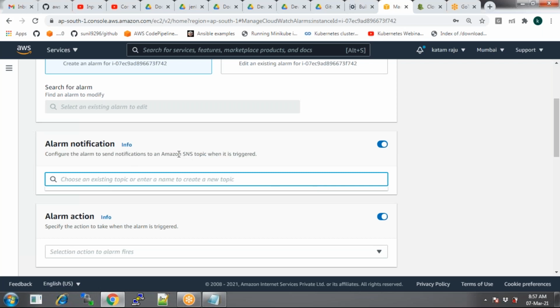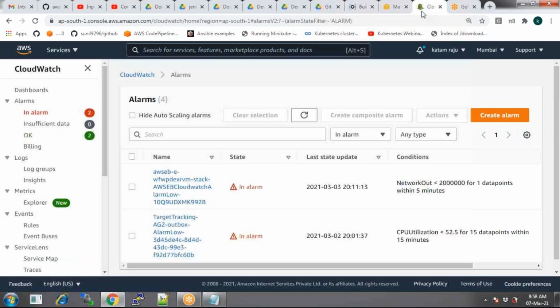Now that is why we have SNS. You register that email ID through SNS, and then you select that SNS email ID from this option. Let's see first, how do you create an SNS?